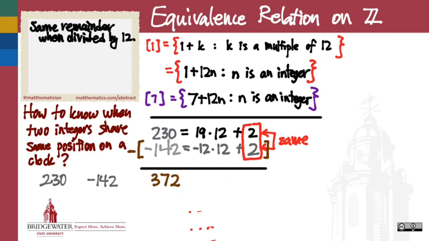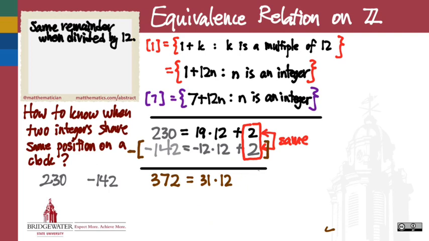It's going to give me 372, whatever that is. And then on the right-hand side of the equation, my 2's are now gone, right, which was the point. And my quotients, 19 times 12 minus negative 12 times 12, that's going to turn into 31 times 12, I believe. Right. And so since my remainders are gone,